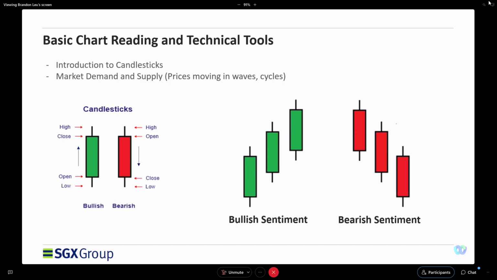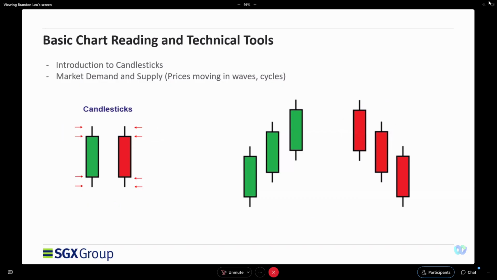Just a very quick recap. For beginners, I hope you can mentally fill in the blank. What is this? And what is the price here? What is this called? And what is this? Vice versa on the red candle. You can do a very quick mental fill in the blank. If you have done that, so this is the answer. I hope you got it correct. This is a bullish candle and this is a bearish candle.